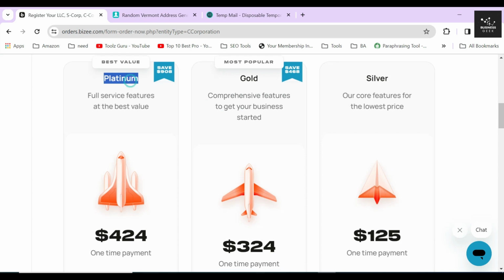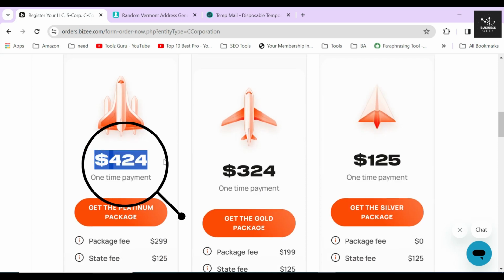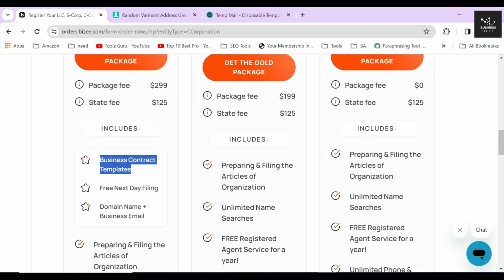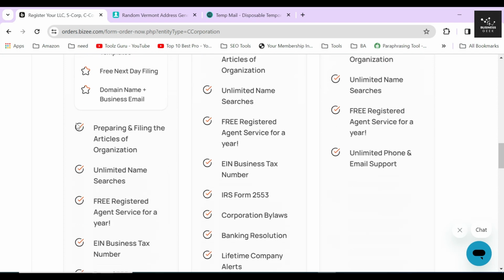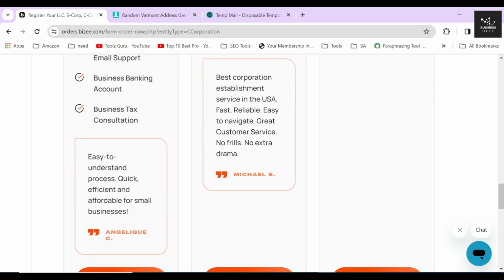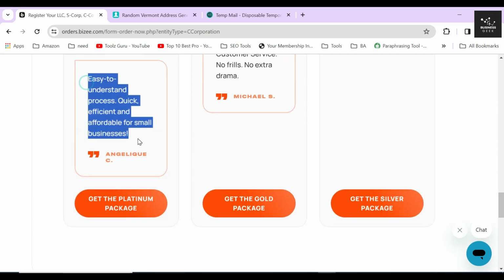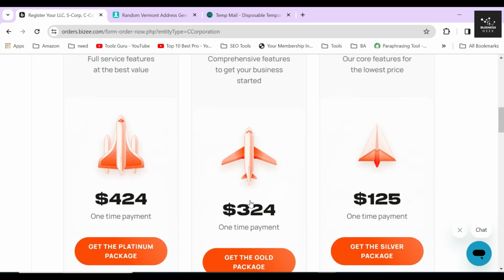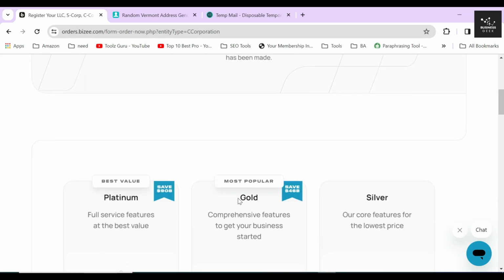The Platinum package costs $424 and is the most expensive one out of the 3 because it includes 3 extra services like business contract templates, free next-day filing, and domain name plus business email. These services are like a cherry on top which will help you to complete your corporation filing faster. So, if you are in a hurry and want to complete your corporation filing as soon as possible, then you can choose this package. According to my recommendation, I will just complete the rest of the filing process by going